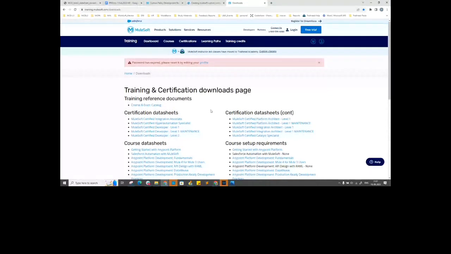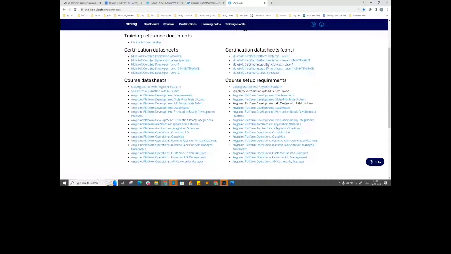You can see the data sheets for all kinds of certification exams: MCPA, MCIA, MCT Level 1, Catalyst specialist, MCT Level 2, maintenance exam. Generally, we kind of skip it, but I always suggest to all my resources to definitely go through the data sheets, because they give you the highlights and important resource links that will help you prepare for the examination.